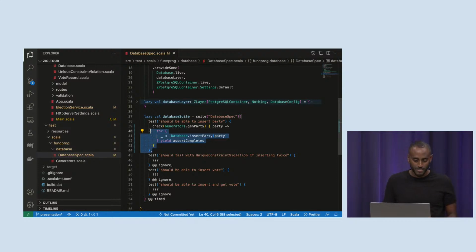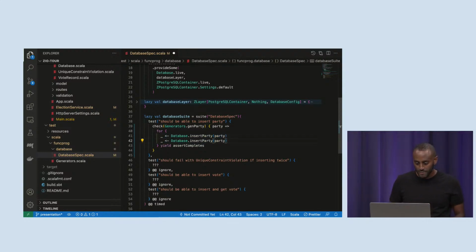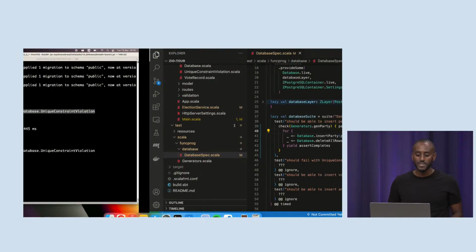So we're actually running this hundreds of times, okay? So it actually found an edge case where if I insert the party with the same party name twice, we're actually going to fail. If I only created a party like I did before and passed a party name, then this test would have succeeded, because I would not have tested the edge case where I'm violating the unique constraint. The way we can fix this is that I have a package private delete all rows. So if I delete all rows before inserting a party, then we can actually test the invariants that we're looking to test. So let's do that.